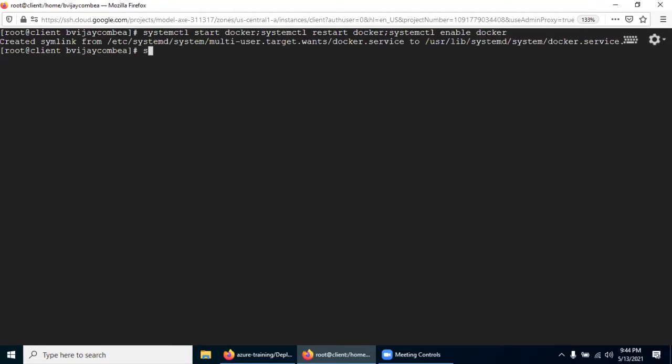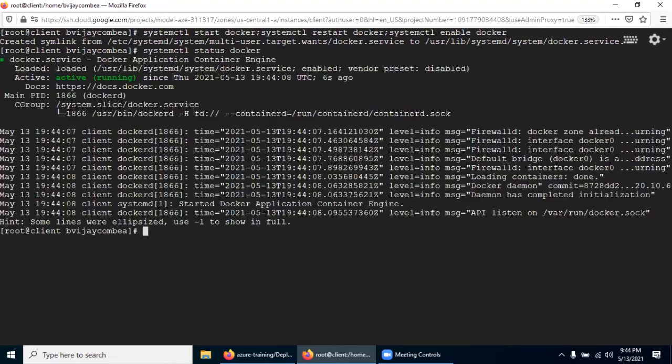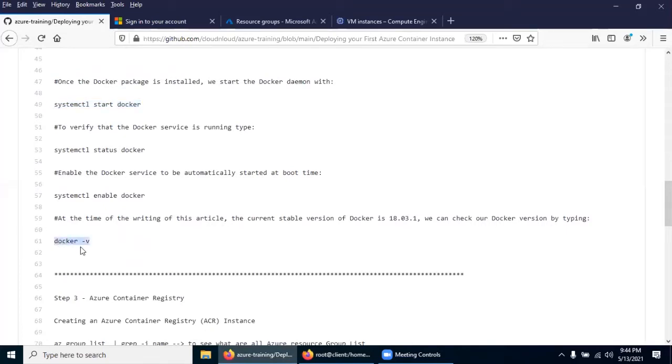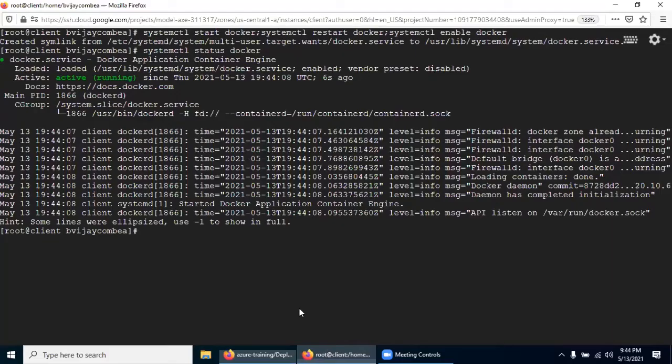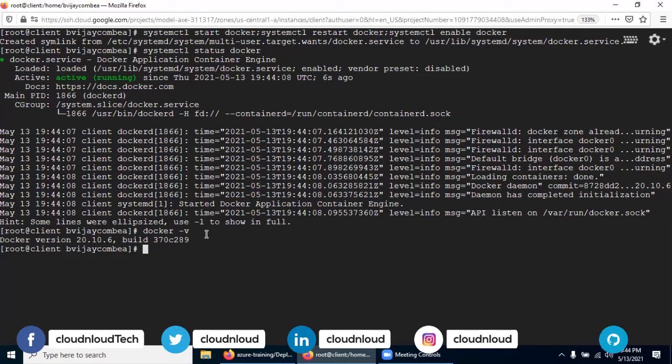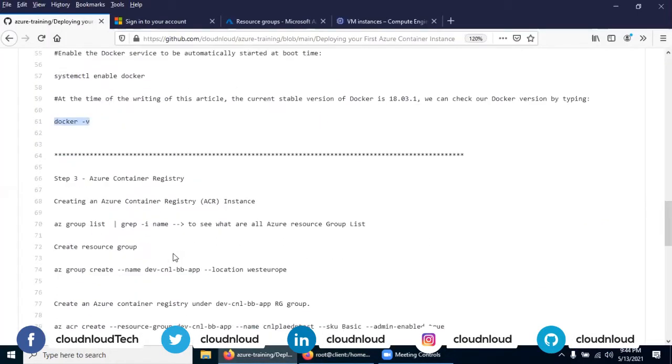Restart docker. Also systemctl enable docker. And also systemctl status to check the service. Yes, it's running fine. Now run the version command and ensure what the version is. Docker 20.10.6.